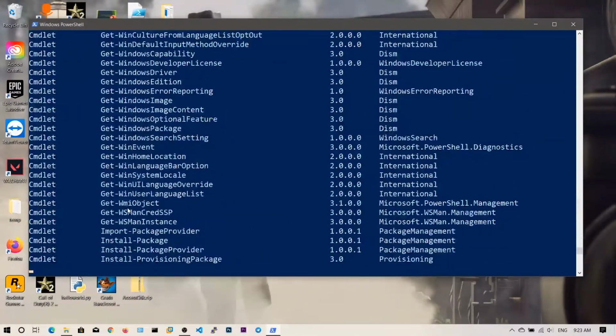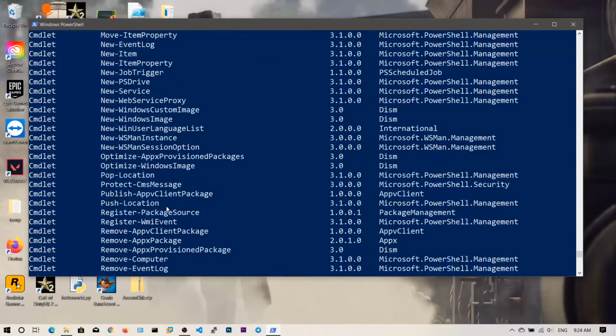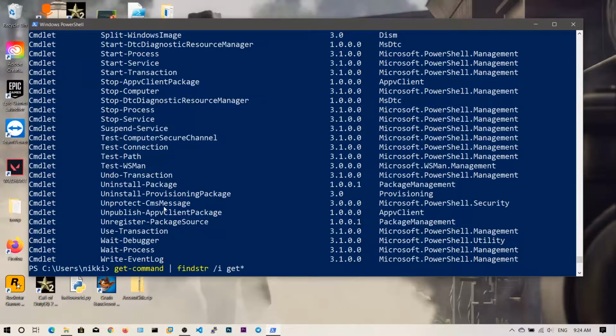But we will get some more information, because in every line that has Get, you will get that output. You can see. What this is actually doing is that the Get-Command output is all the commands, and we are sending that as an input to findstr.